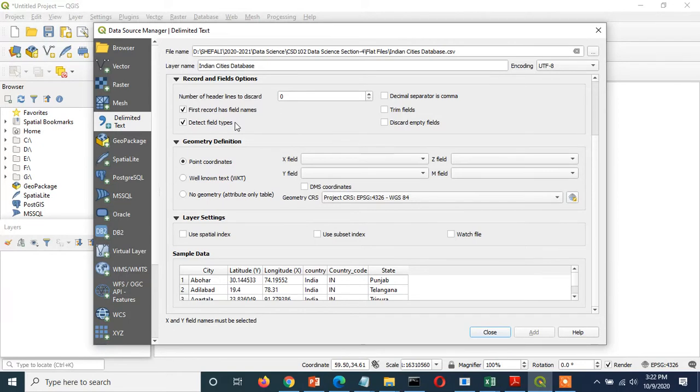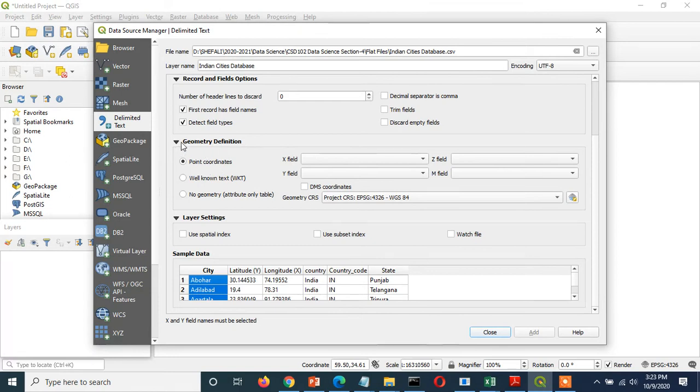Looking at the values of that column, say for example this city column, all the values are of type text, so automatically it will identify that this is a text type of data, and the data type of city would be set with text. Same way, latitude is a number data, but it's a real number with decimal places, so it will identify that and will set the data type accordingly. So that's why we have to take this option.